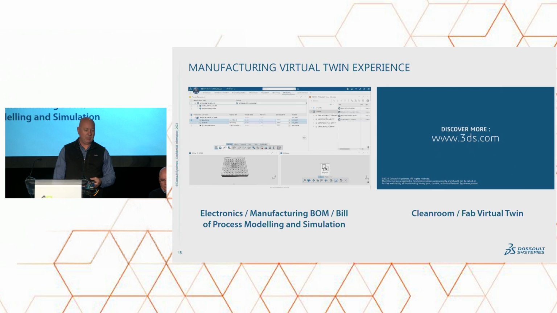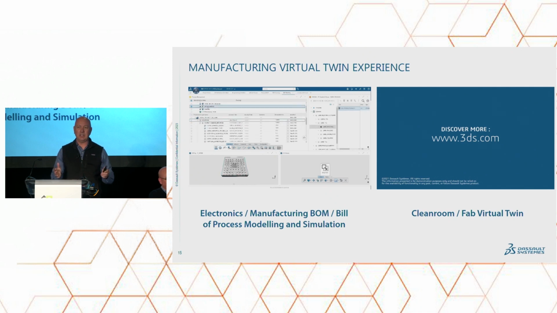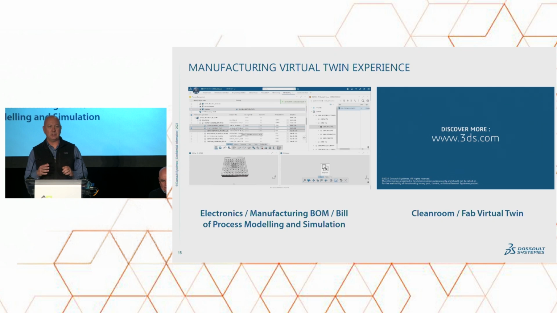So one thing I did want to mention here is everything that you see in these videos, or the video on the right, it's physics-based modeling. And so you can modify the models, you can simulate, you can do what-if analysis. So the fab itself at Purdue is modeled as physics-based, as well as all of the equipment and the processes that are running on the equipment. And so that is what creates a truly collaborative environment where research can be done across the stakeholder community.